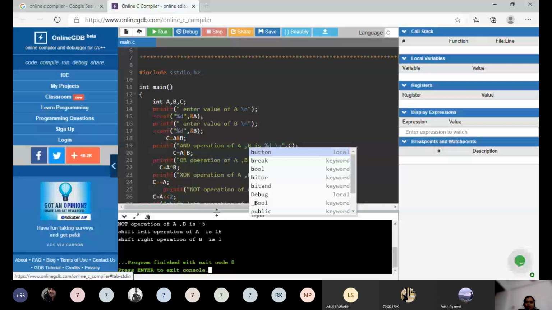These are the bitwise operations: and, or, XOR, not, right shift and left shift. These bitwise operations you have to perform. So you have to write a program by taking value of A equal to 6 and B equal to 3. First solve this in your notebook, okay, and find the answer, and that answer you have to verify with your code.